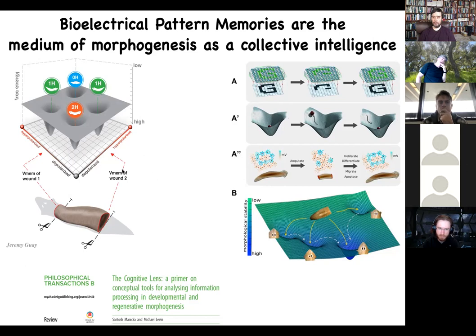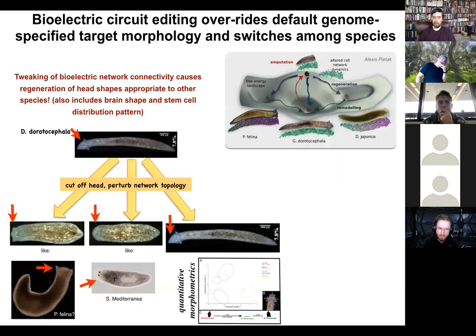Not only can you get multiple different heads, but you can also get heads belonging to other species. So I can take this triangle-headed planarian, cut off the head, and perturb the electrical connectivity between these cells so they can't communicate with each other for about 48 hours. Then I withdraw the blocker, which happens to just be general anesthesia. They settle back down. When they settle back down, in some percentage of the cases, they find their correct attractor, but in many cases, they find other attractors belonging to other species of worm about 150 million years